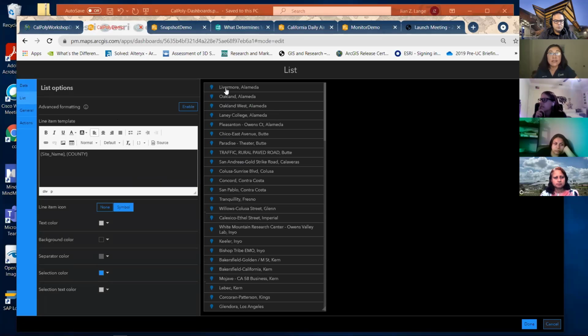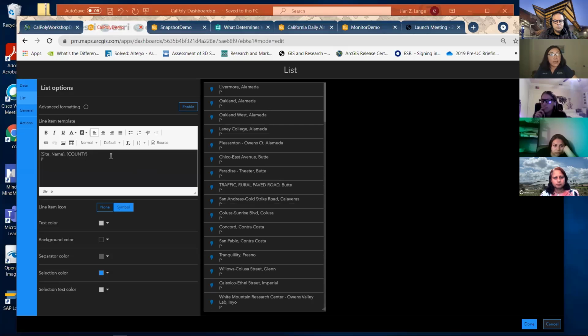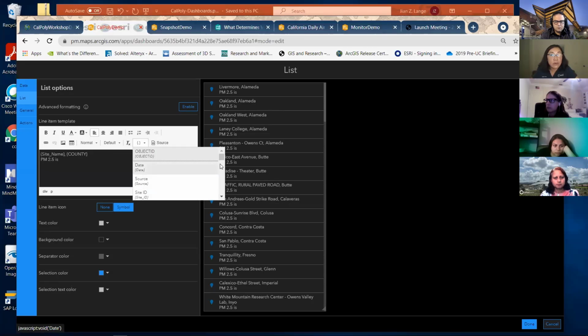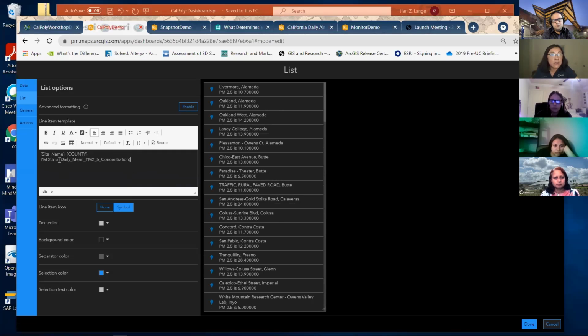So now you can see it shows the site name and the county where it's in. And also we want to say what the PM 2.5 is, so let's select that field, which is daily mean PM 2.5 concentration,